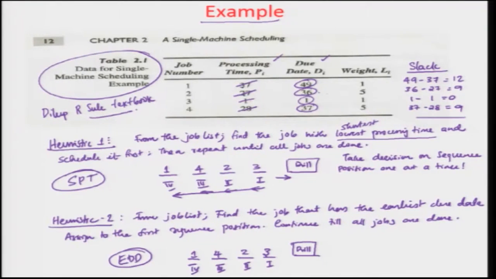If you think about this approach, then your sequence positions will be 1, 2, 3, 4. The first one you assign is job 3. For the second one, let's say we picked job 4, because this has the least slack. Then we picked this one, job 2, and then there is job 1. So this gives you a different sequence. This is called the least slack heuristic. There are many approaches that you can use to solve this problem, and each one of them will give you a different solution.